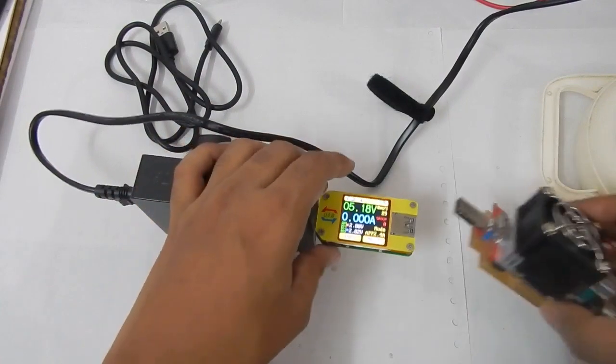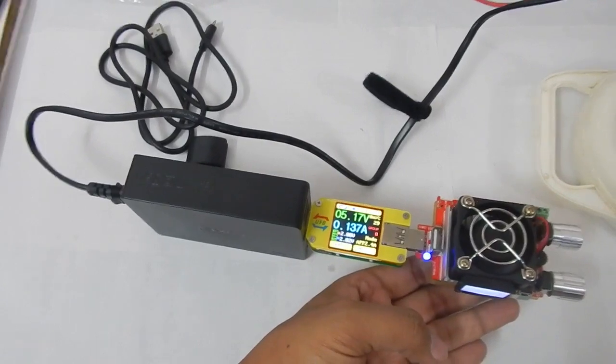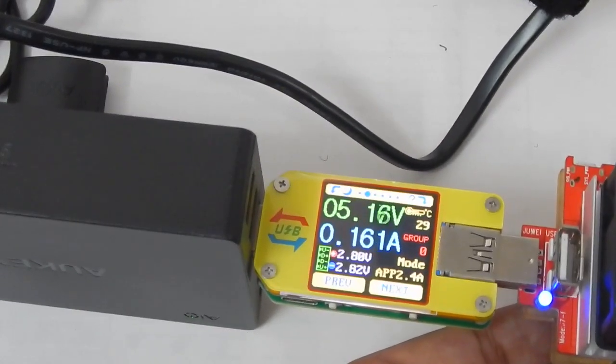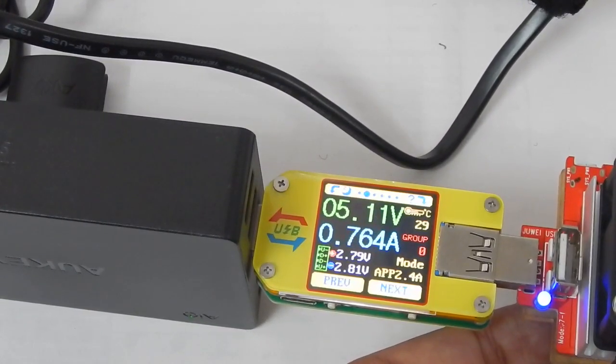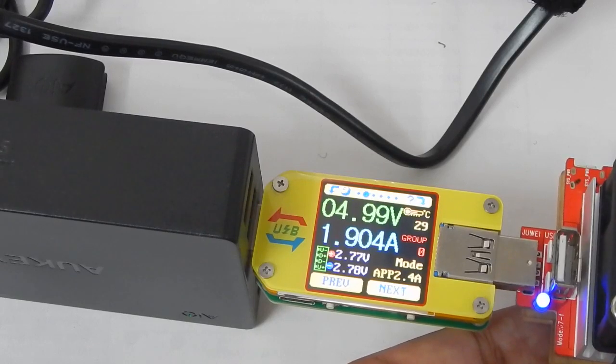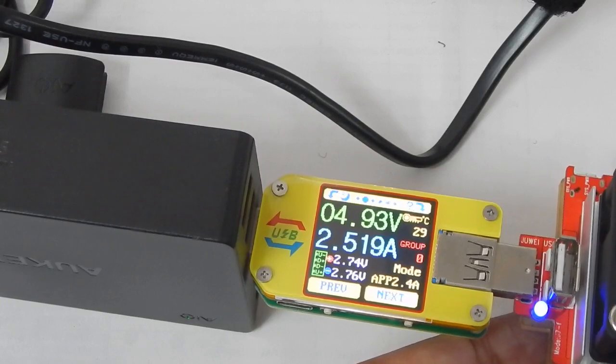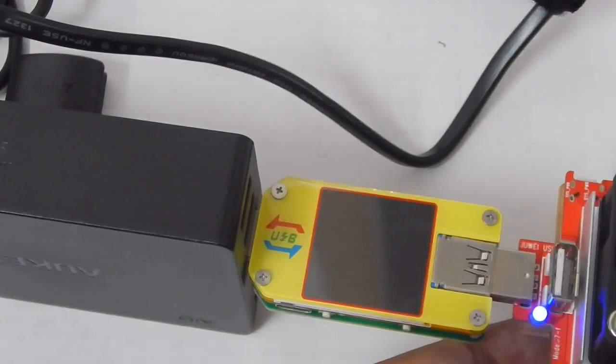So if I plug in my USB load, I should be able to get at least 2.4 amperes in the AUKEY AI port. Let me zoom it in. Focus. There we go. Let's increase the current to about 2.4 amperes. Let's see if it is able to give us 2.4 amperes. 1.8, and as we are at 2.3, about 2.4. As you can see, we are at about 2.4, and the voltage has decreased about